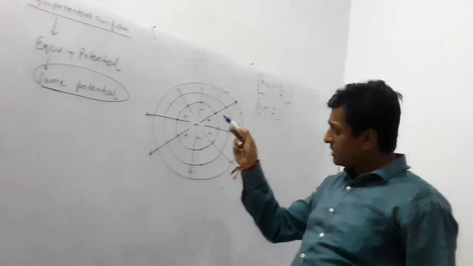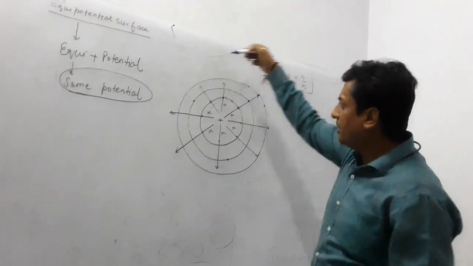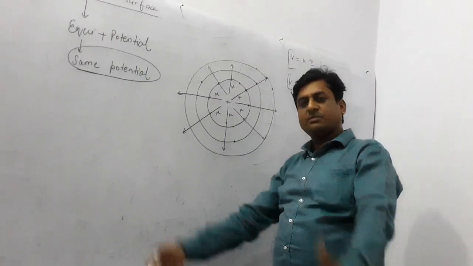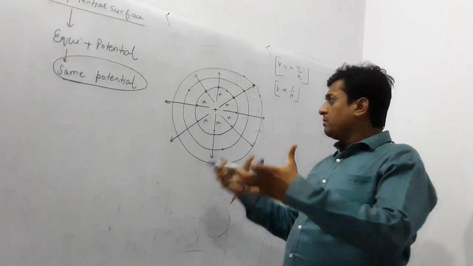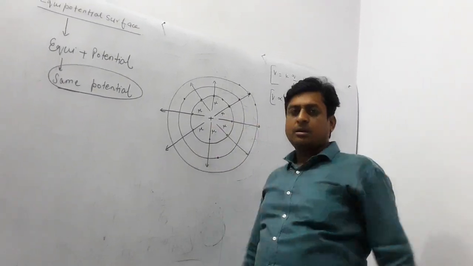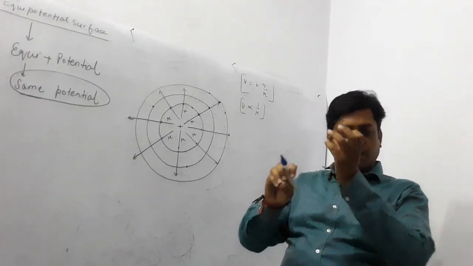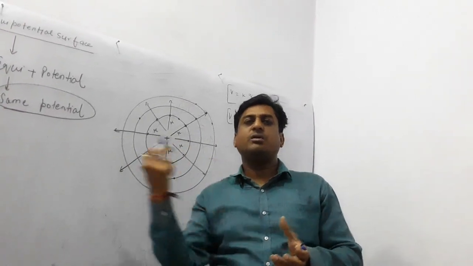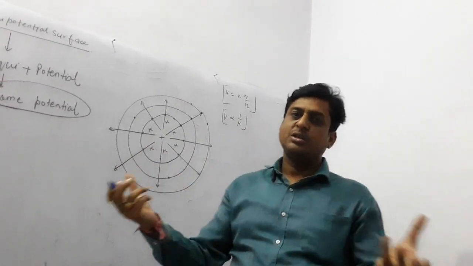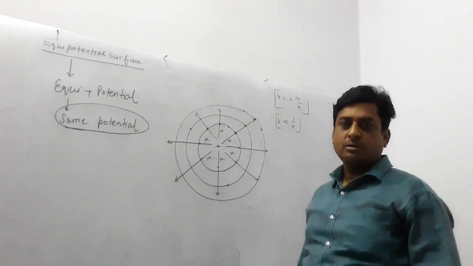If you take R distance here in the air, back side, this side, and when you draw the locus, you will get a type of surface at which everywhere the potential is the same. So the shape you are getting here is a sphere in which at the center a charge is kept, and around that charge, whatever surfaces you get, the potentials on all those surfaces are the same. So that surface is called an equipotential surface.